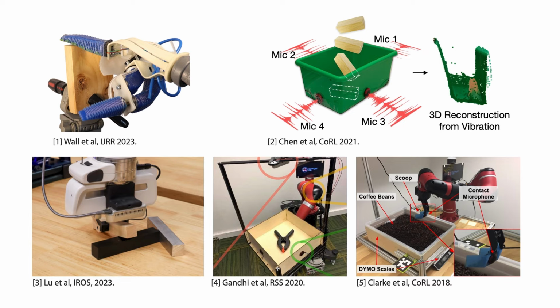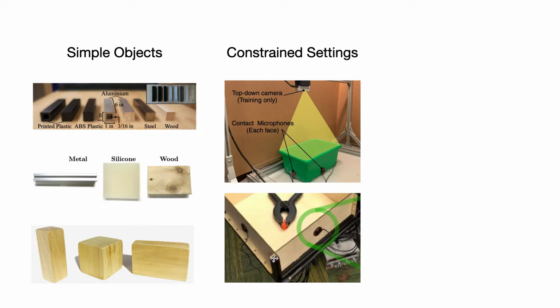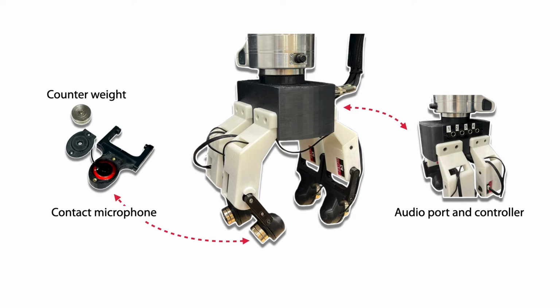However, previous work focused on a small number of primitive objects with homogeneous material composition, constrained settings for data collection, and single-finger testing. Therefore, it is not clear whether acoustic vibration sensing can be helpful for object perception under noisy and less controlled conditions. We present SonicSense, a holistic design on both hardware and algorithm advancements for object perception through